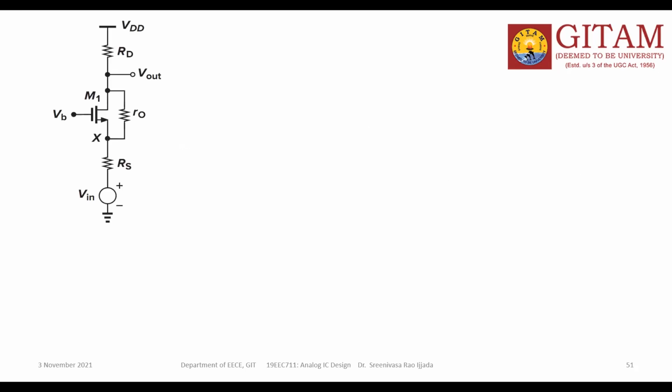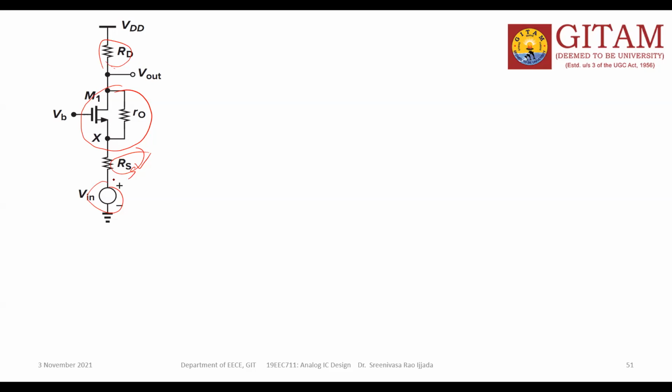This R naught is the device output resistance without load, and this is the RS value. RS means the internal impedance of this voltage source, not a resistance connected to the source. And this is the load. Or you can write this as RSS.